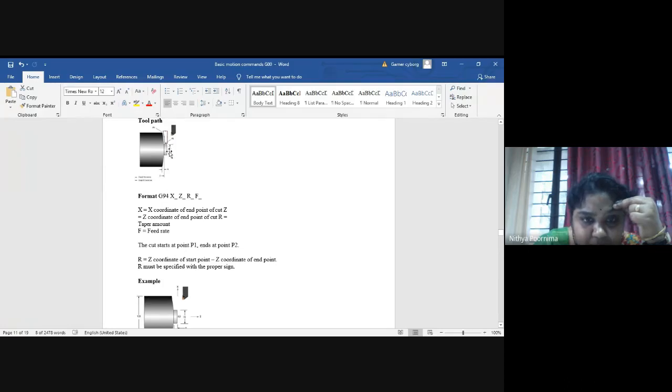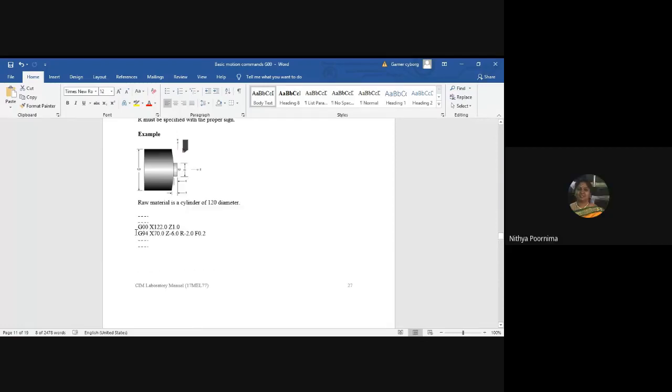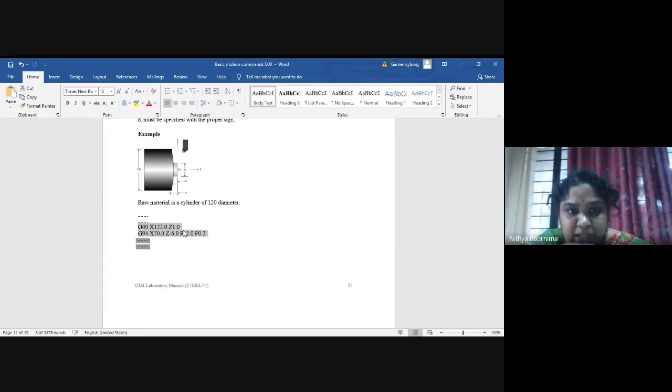So when you're using the R component here, that means when there is a taper, same thing. We have to use the R component here. The format will be again the same thing, but here we will use an extra R component when we are doing a facing operation which has a taper on this side also. This R component will have to come, similar to taper turning. R is again the difference of the major and the minor diameter divided by the length.